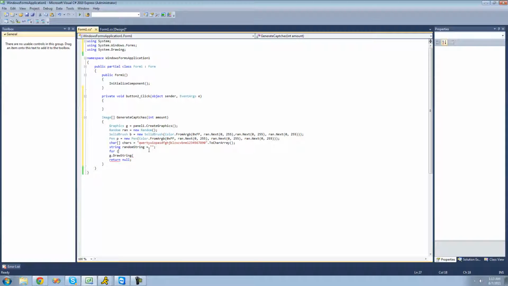So we're going to say for int i equals 0, i is less than 6. I guess we'll make it a 6 character string, and I'm going to increment i by 1 each time here. Alright, and then we're going to create a new random number, and that random number will be the index of the character that we're going to add to our random string. So we're going to say randomString plus equals characters,